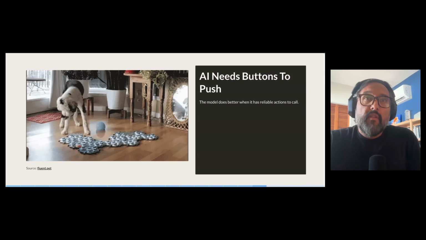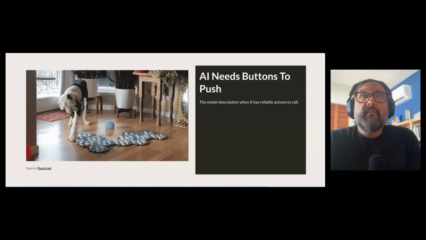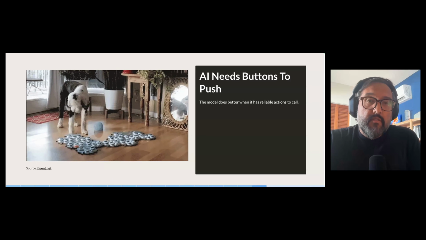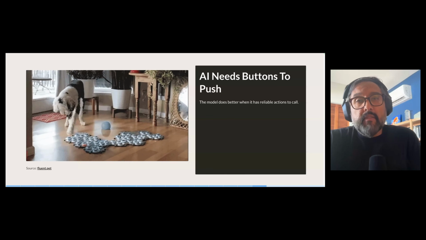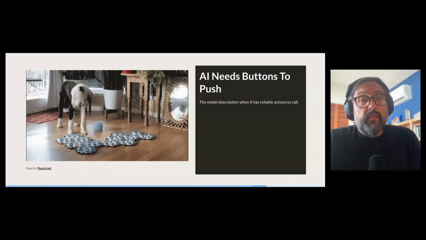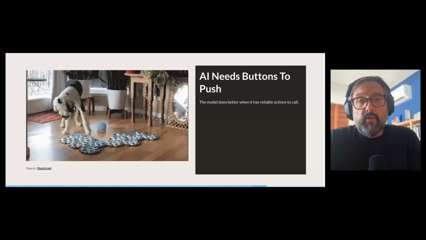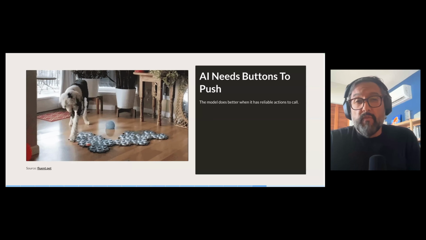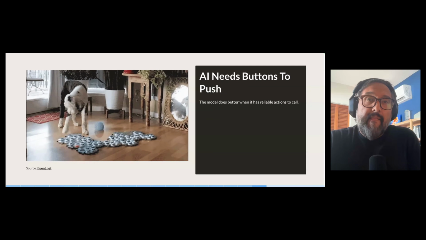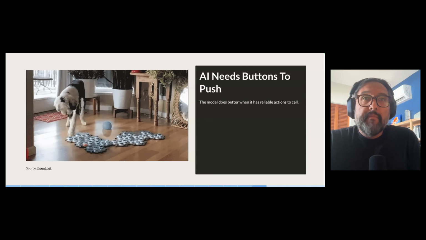Maybe you've seen this image or a video of it before. This exists somewhere in the world, and it's basically a mat with a bunch of buttons on it, and each button is assigned some specific word or action. And when the dog presses the button, it triggers a sound for that particular word. So people can train their dogs to push certain buttons depending on what they want, and the dog can sort of so-called speak. So there's a button for outside, a button for food, a button for play.